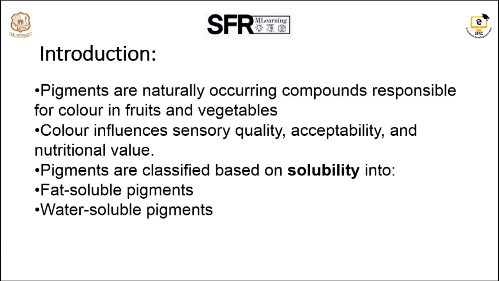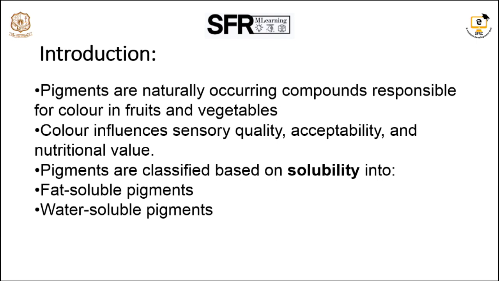Sensory quality comprises the taste, the eye appeal and the appearance, and it is improved in fruits and vegetables because of the pigments. Apart from the nutritional value, the pigments also possess antioxidant and anti-inflammatory activities that make them important for